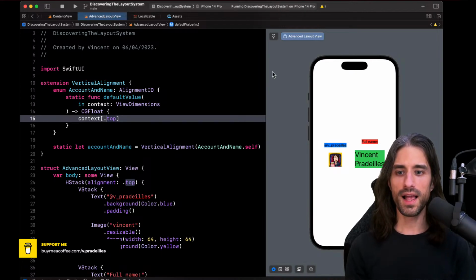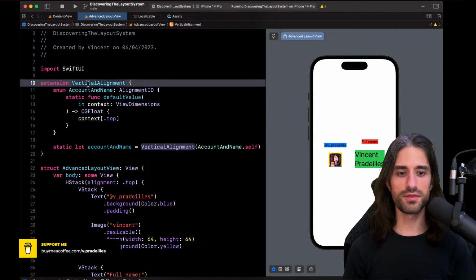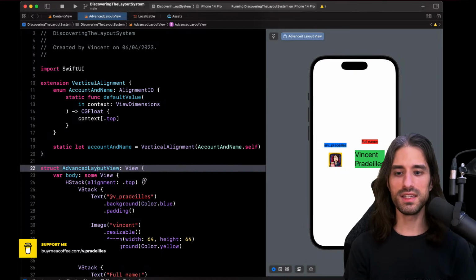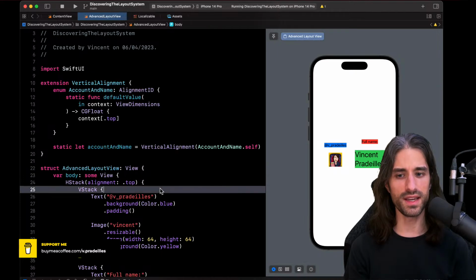Okay. And now we need to use this custom alignment. So where are we going to use it? Since it's a vertical alignment guide, actually we don't have a choice. We can only use it in the HStack, because the HStack takes a vertical alignment guide, whereas a VStack takes a horizontal alignment guide.